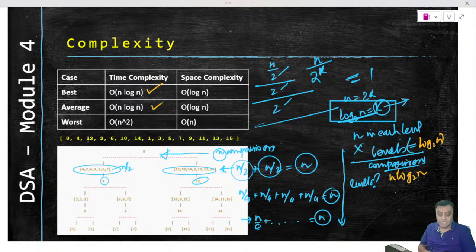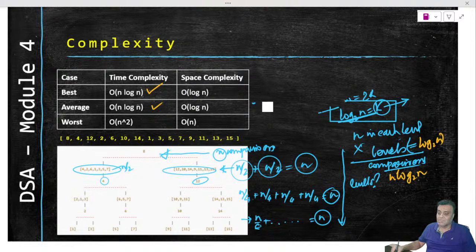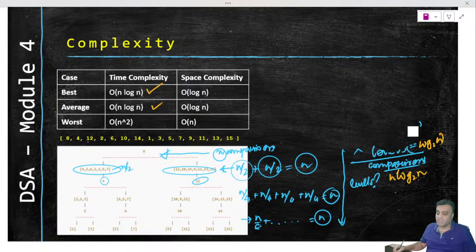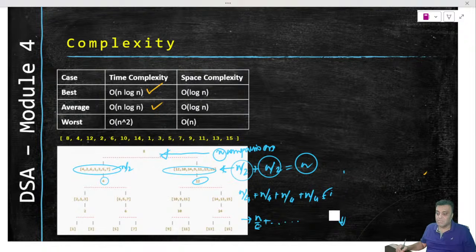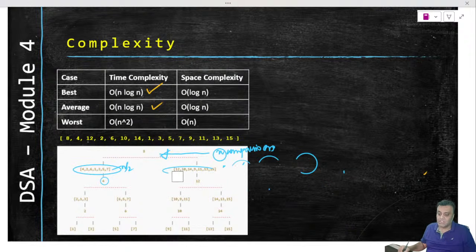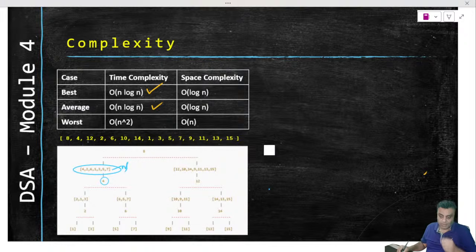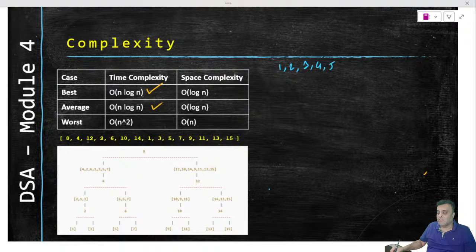And what is the worst case time complexity? Imagine a situation where the array was not like this. Now, unlike any other sort, please remember, quicksort is peculiar. Quicksort is peculiar in the sense everything depends on the positioning of the elements, because your choice of pivot defines everything. So if my actual array was like this, suppose my actual array was like this, and I selected this as my pivot element. So what have I given as an input? A sorted array. Doesn't matter which sorting, forward sorting, reverse sorting, doesn't matter. I have given a sorted array to quicksort and asked it to sort it.